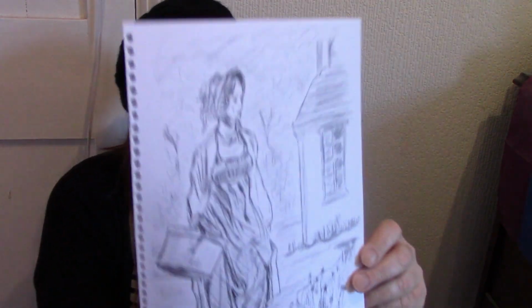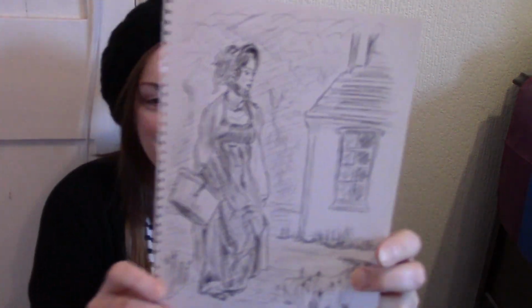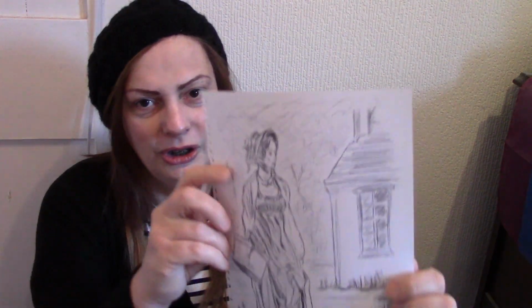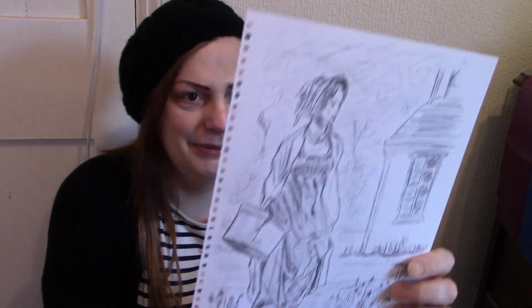But then here is a kind of women's costume from the period. So it's not that ornate. I mean, she's out walking and she's got that, I guess that's the Victorian, the Regency era version of a handbag. So yeah, and she's got a cute little bonnet there, and I actually copied that from a photograph of a